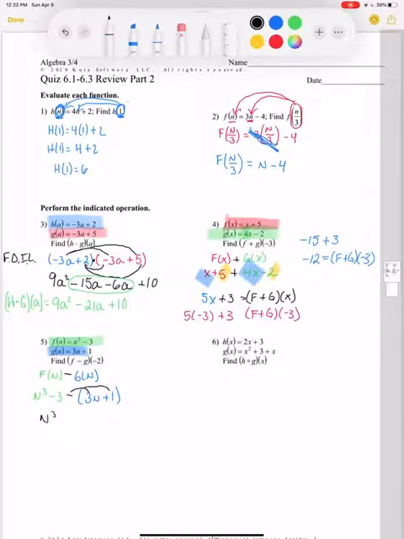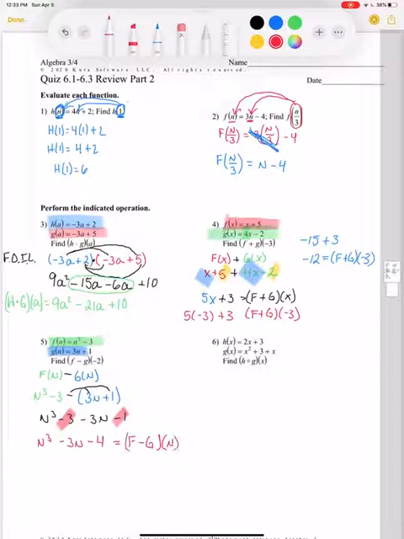And I have n cubed minus 3 minus 3n minus 1. Now all I'm going to do here is combine like terms. Okay, I have a negative 3 and a negative 1. I'm going to combine that. So I have n cubed minus 3n minus 4, and this is f minus g